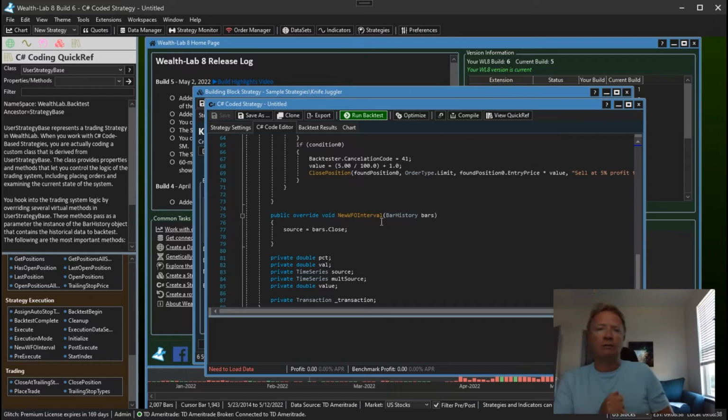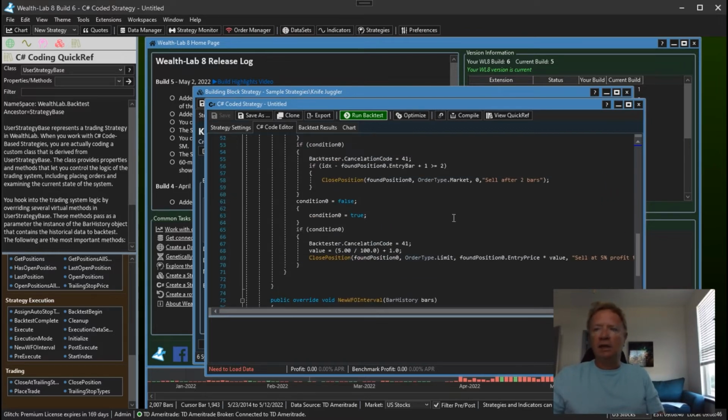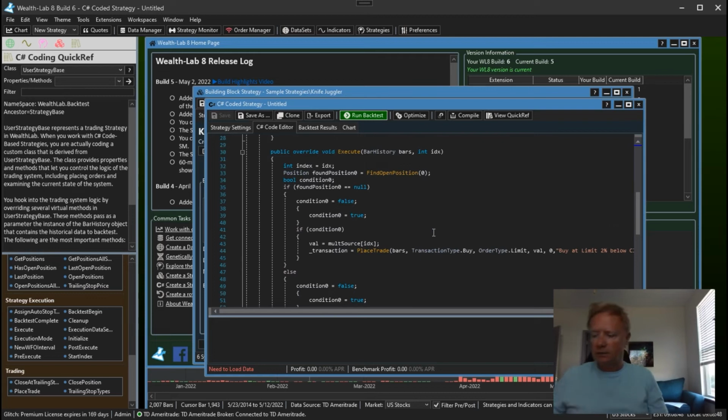walk forward interval. If you want to do the same thing in a C# strategy, you can just override the method and recalculate your indicators just as you do in initialize, using the parameter values that you're pulling from your parameter instances that you created. Okay, next we have a new